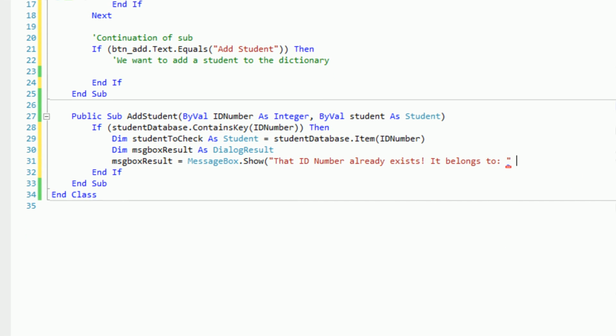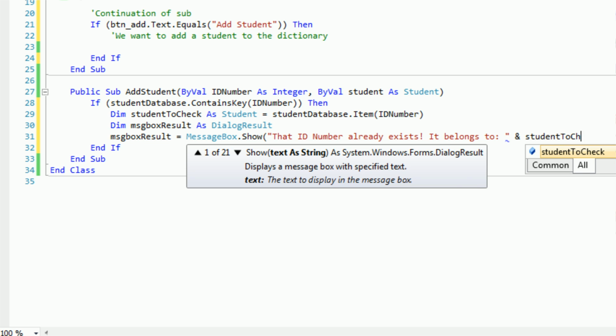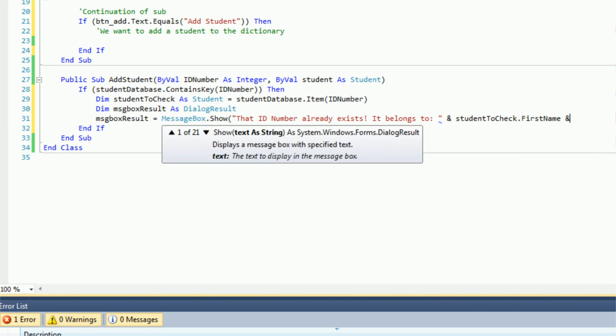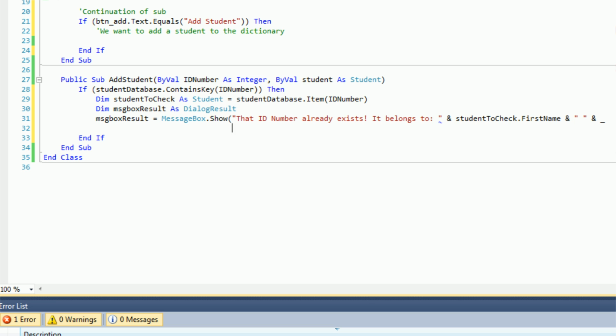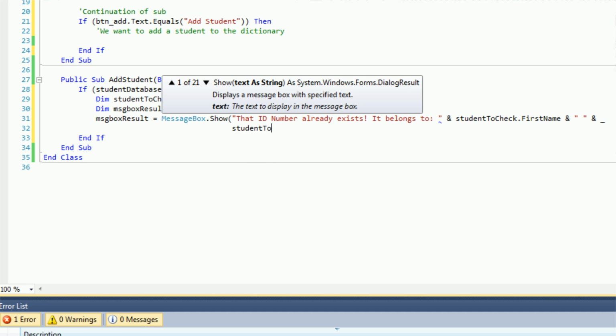So now we can pull in an ampersand here and just say student2check dot first name, and then I'm going to insert a space and then another ampersand and then an underscore to continue my code on the next line to keep everything nice and good for this video. And then I'm going to continue with student2check